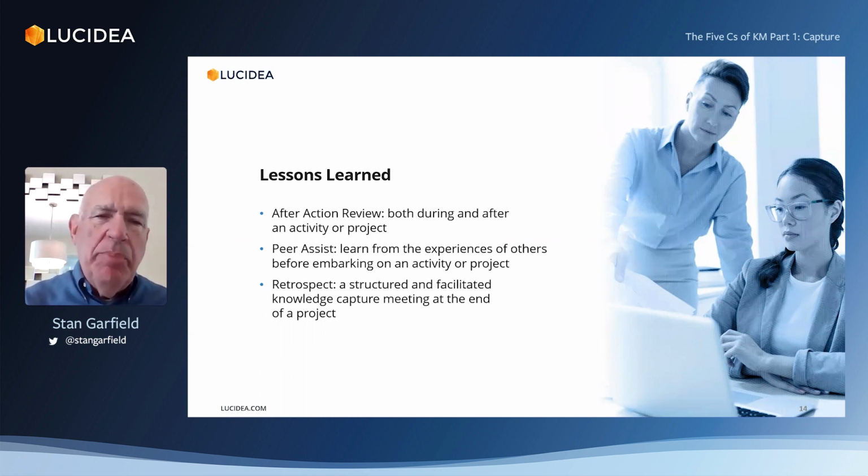Another example is called a peer assist, where you learn from the experience of others before you start a new activity or project. So you bring in a team of people that worked on a project similar to the one you're about to start, and you ask questions of them, and you hear their stories, and you understand from them the things that they learned from doing that project, which gives you a head start on the one you're doing